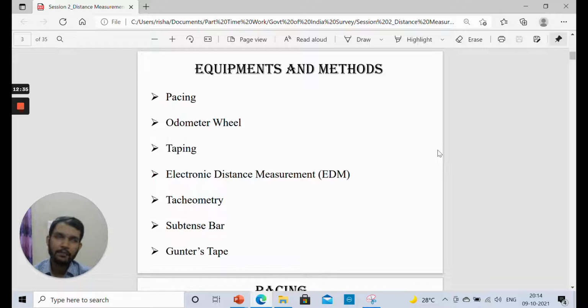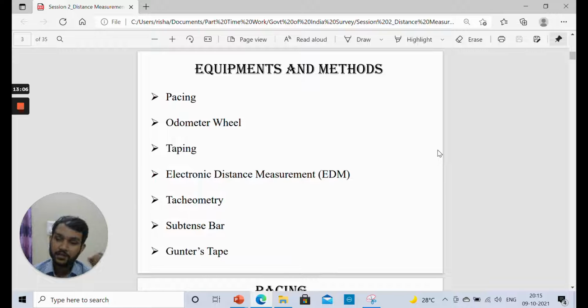What happens in this, it is a kind of wheel. If we know the circumference of that wheel, which we can easily know just by knowing the diameter or the radius of the wheel, we can calculate the circumference, 2 pi r. If we know the circumference of that wheel and we get to know the total number of revolutions that have been taken by that wheel, suppose to cover that particular ground for which we need to conduct the survey, that wheel has taken a total number of revolutions as 200.